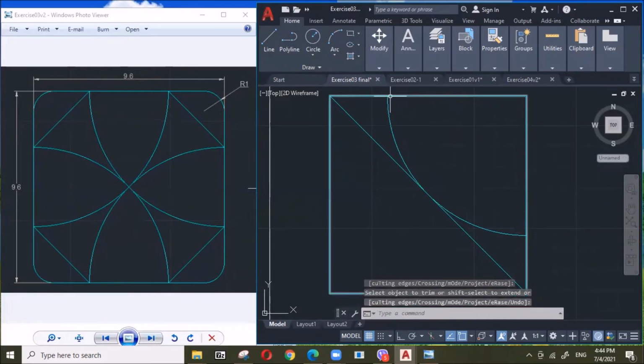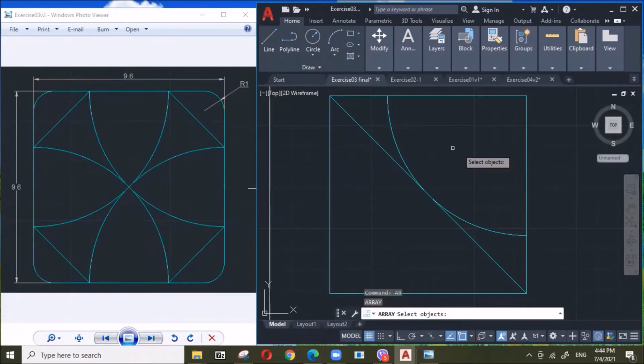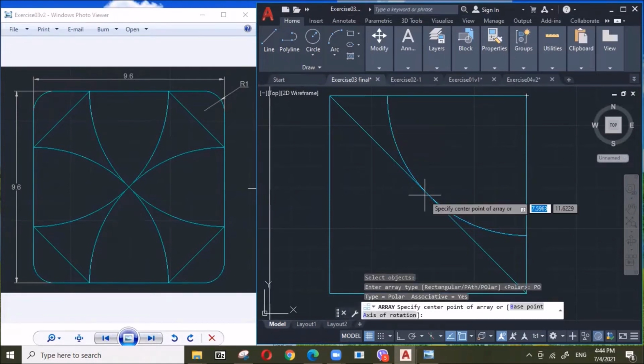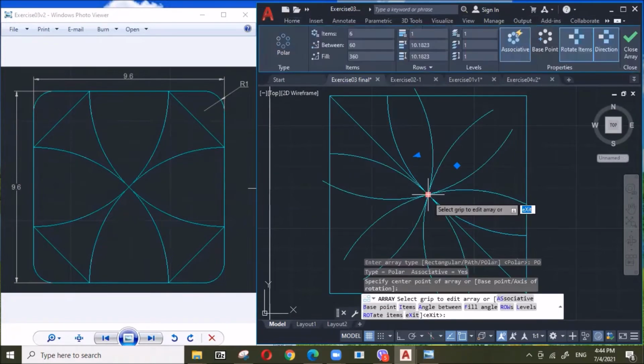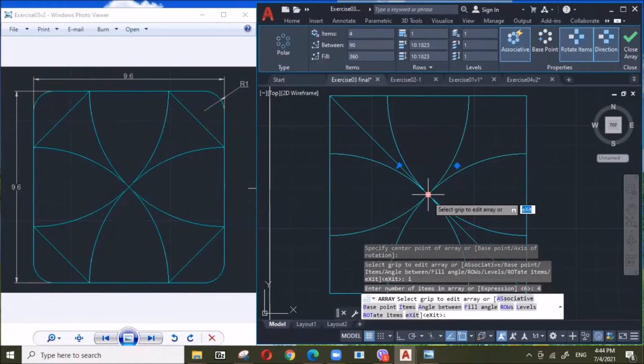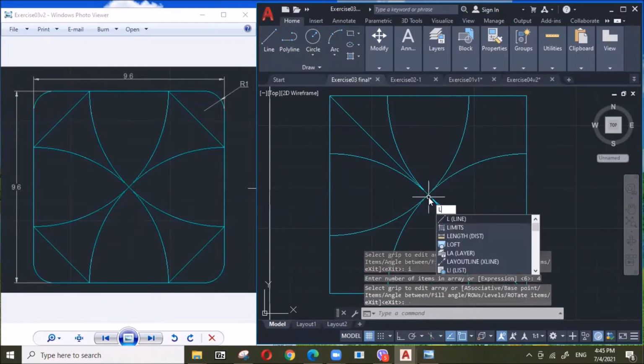Then I'm going to replicate this arc using array. Type AR, array. Select this, enter. Select polar, and then select this center or the midpoint of this line. And then I'm going to type I to specify the number of items. Since I want only 4, I'm going to type 4. Enter. That's it. And then I'm going to create another line here